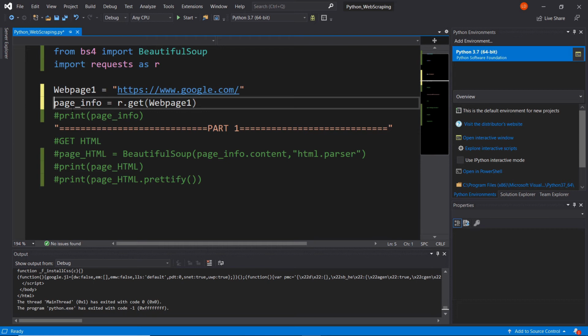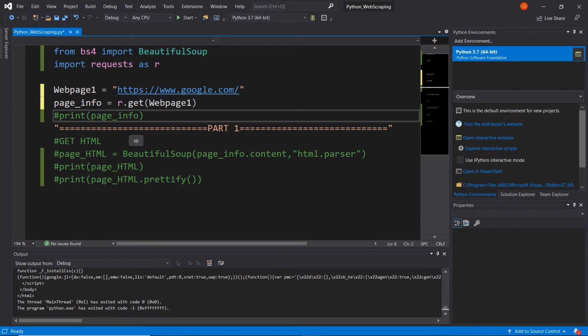Cool. So below that, I've typed in r, which is our requests module, .get, and then in brackets webpage1, and we can now equate that to the variable page_info. What this line does is it sends an HTTP request to webpage1, which is google.com. So we can now check that HTTP response by typing in print(page_info), and we can see what we get. So if we run this code,